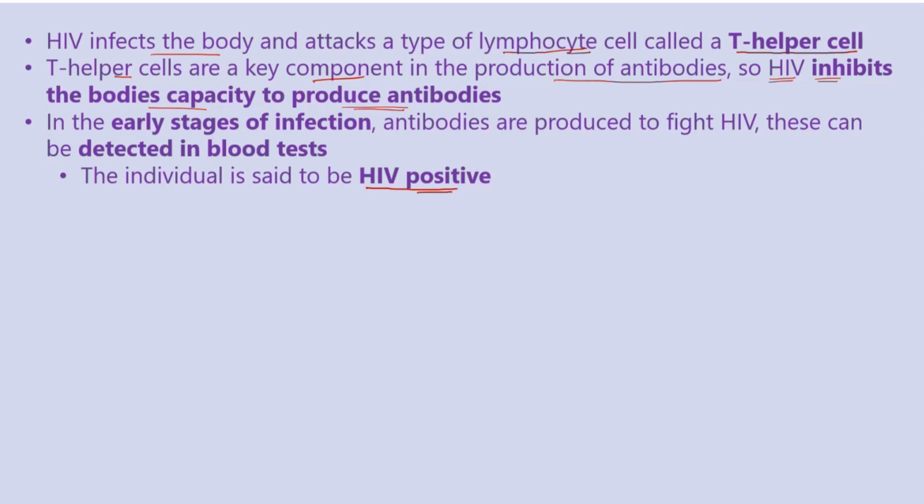Now, which test is performed to check for the HIV virus? Any idea? No, sir. The test that we very commonly use is the ELISA test. Have you heard of this name before? No. So ELISA is basically a short form. It is enzyme linked immunosorbent assay. That is the full name of the test. This test is based on the principle of antibody and antigen interaction.